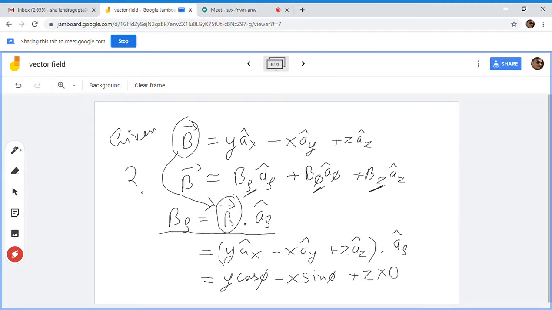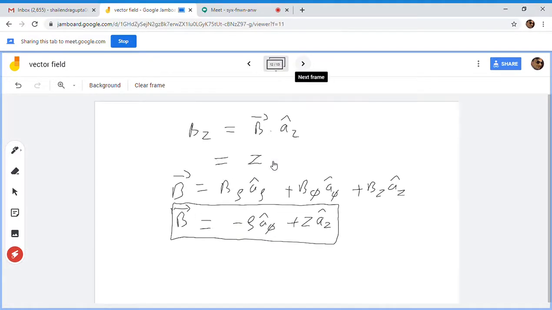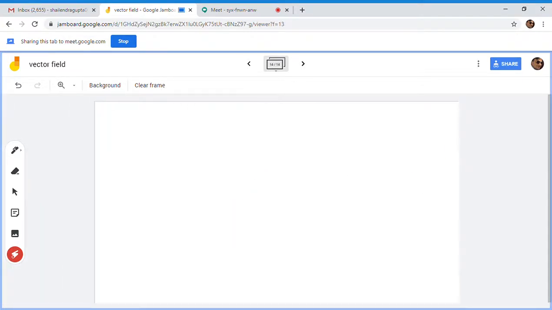I can give one more example. If you observe the electric field by a positive charge, it emanates radially in all the directions. If this is the XYZ system, then in all the radial directions the field will emanate from this charge. Let us say this charge is at the origin. So the field will be in all the directions.